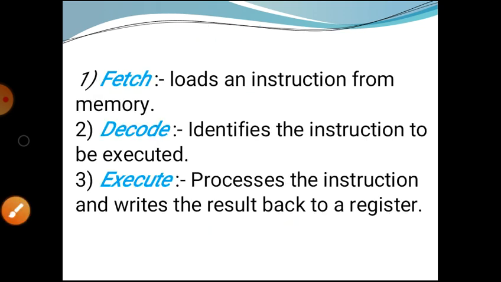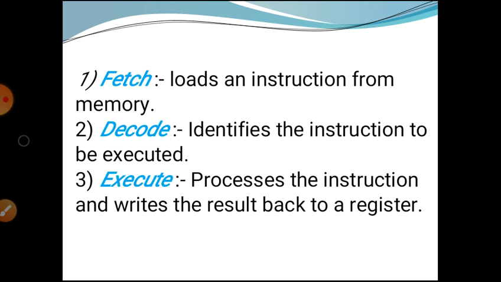Now there are three types of pipelining stages in the CPU. First, fetch, second, decode, and third, execute. We discuss all the pipelining stages one by one. Fetch, simply known as FE, loads an instruction from memory. Instruction fetch is where data is returned from the instruction memory. In the stage of fetching, the instruction is loaded from the memory.